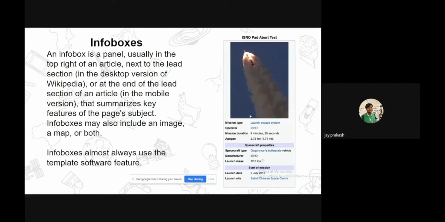For instance, for a space article, it contains mission type, operator, mission duration, manufacturer, launch mass, etc. For a person, it is name, date of birth, place of birth, etc. These are called info boxes. If you are on the desktop version, you will see the info boxes at the right side. But if you are on the mobile version, it will be shown at the top of the page.